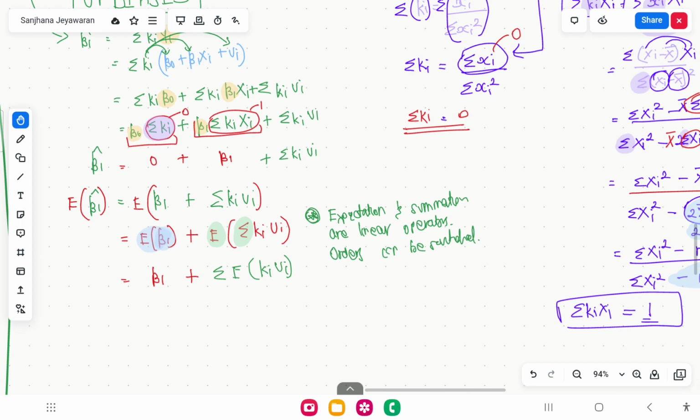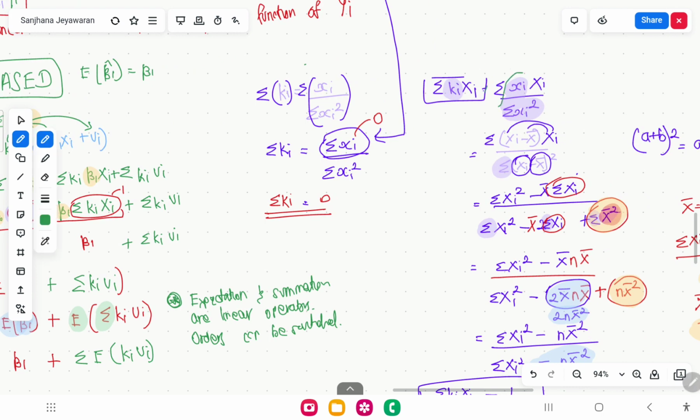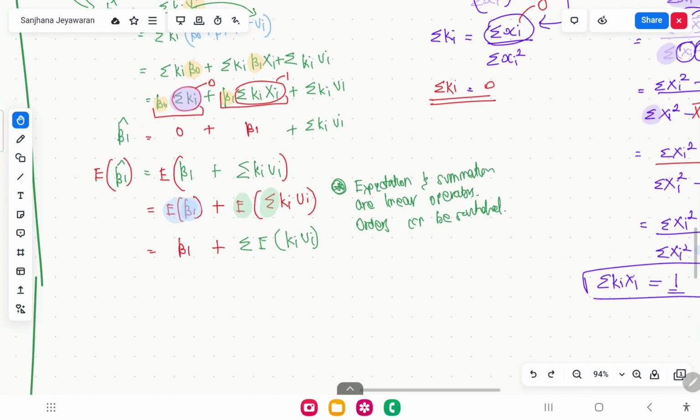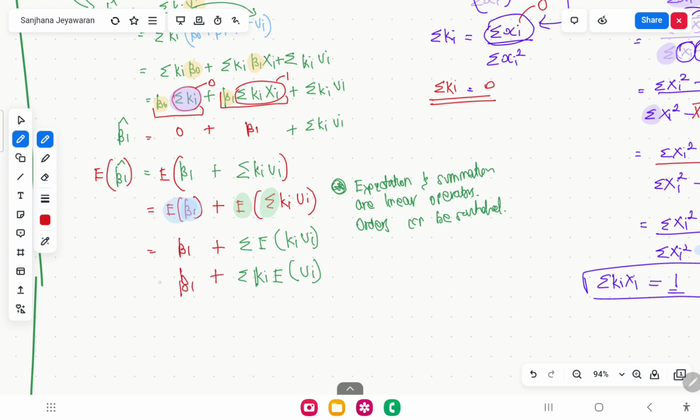Since this is a definite term, for this part only we gave ki, right? So that can be brought out. If you bring that out, we can write sigma ki expectation of ui plus beta 1. So beta 1